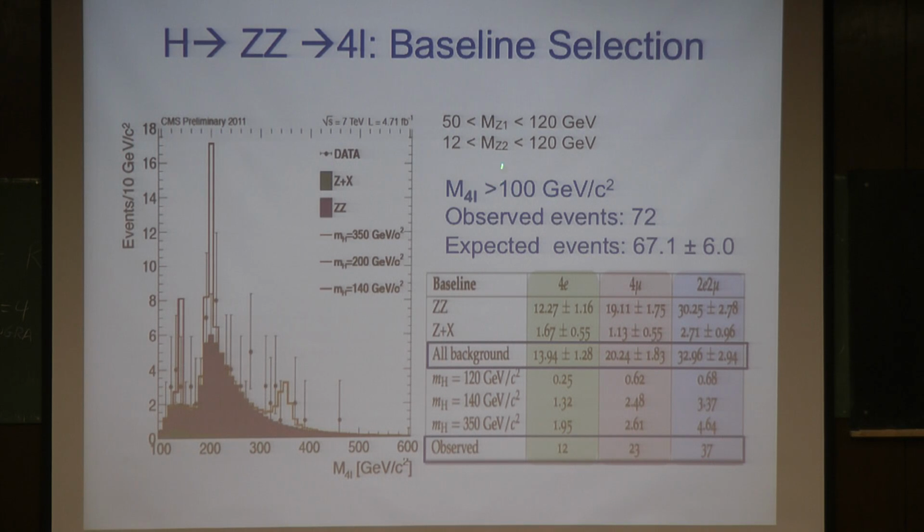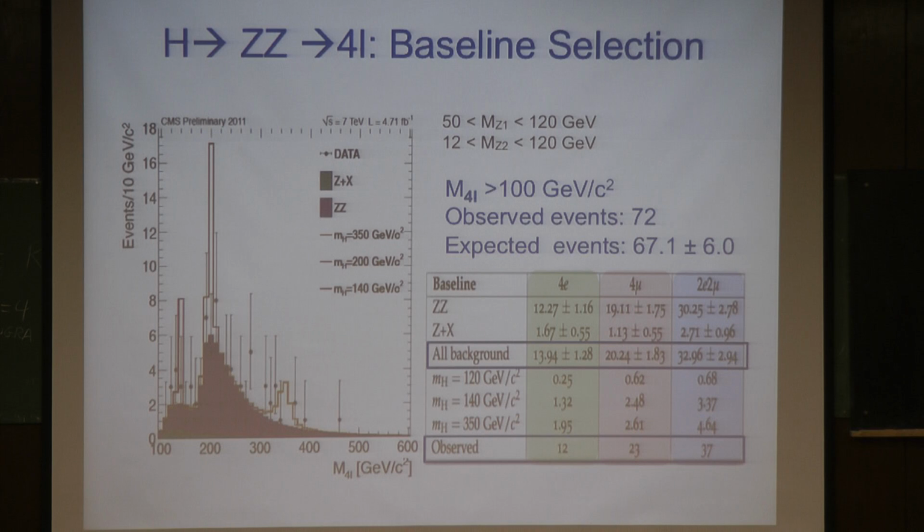rather simple. You've got the first and the second Z to be in a window, and you've got the mass of the 4 leptons to be over 100 GeV, and what we expect is 67 events, and what we observe is 72. You don't see the data very well here, they are binned according to the resolution, so it's high resolution, but you will notice that it is low statistics